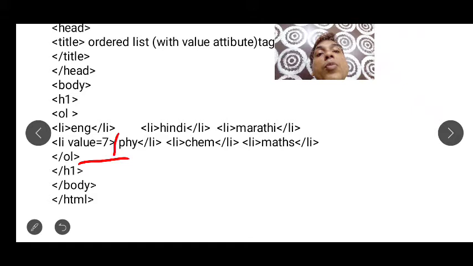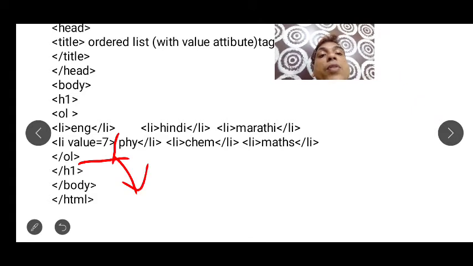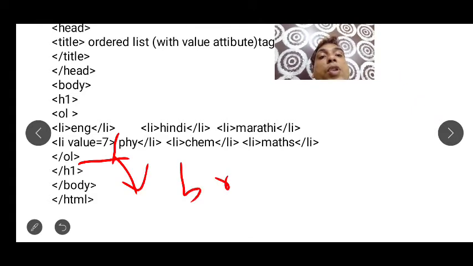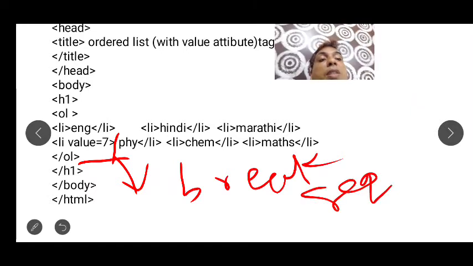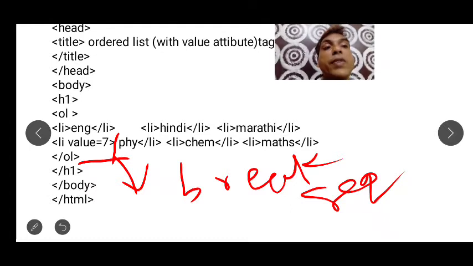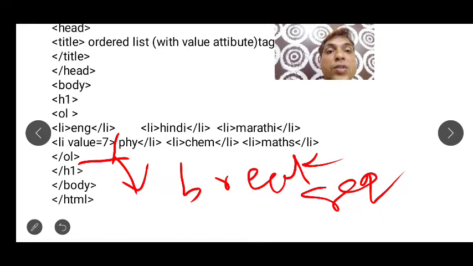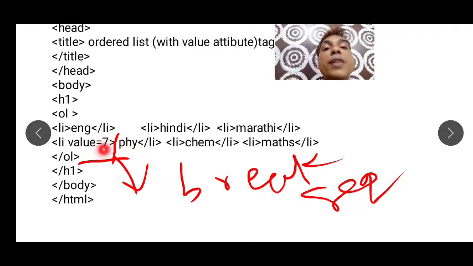So the value attribute will break the sequence. That's why we use the value attribute. After that it will continue with your normal sequence, like physics will have 7, chemistry will have 8, and maths will have 9.